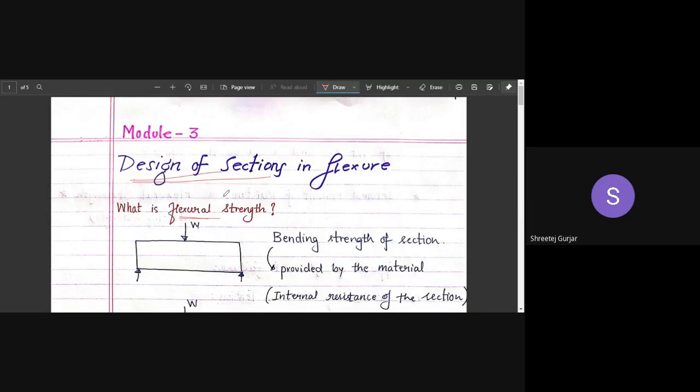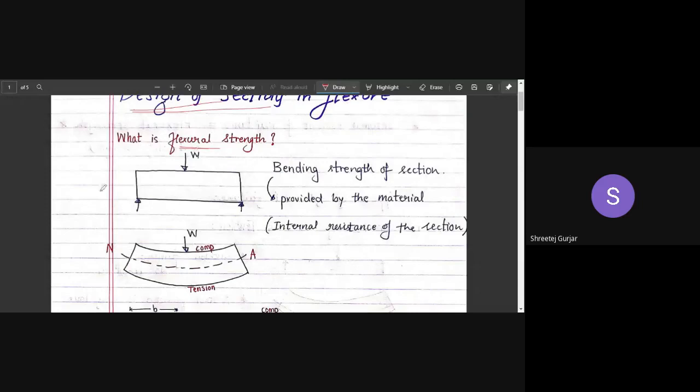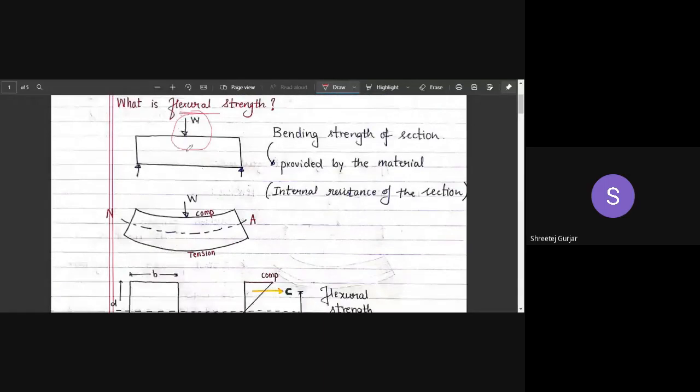There is a process regarding your civil engineering works. So first thing, what do you mean by flexural strength, right? When you have a beam, we can see a longitudinal section. It is a simply supported beam having a concentrated load W at its center. So when you have a load acting at the center, it will deflect or sag in this particular shape. You can see it is deflecting or sagging.